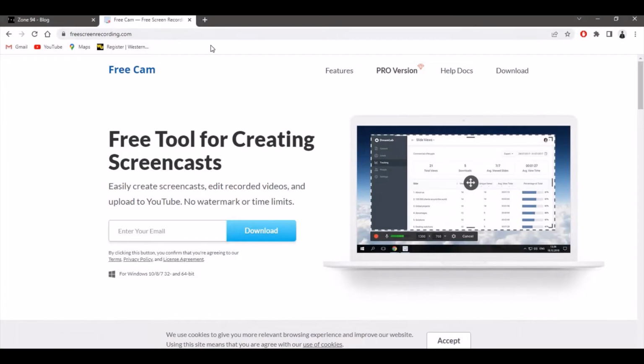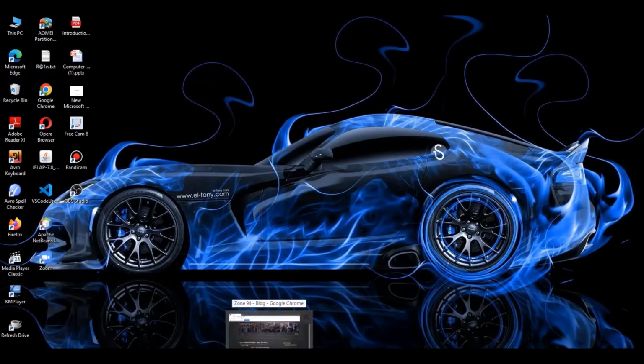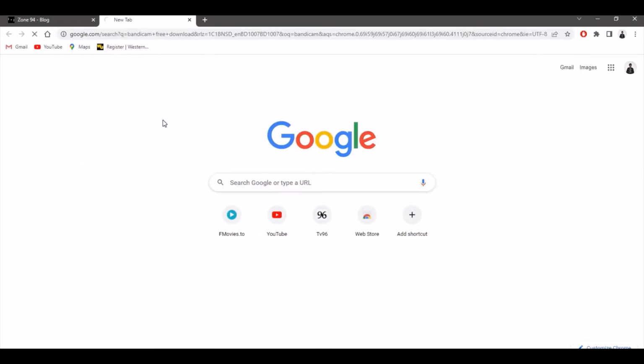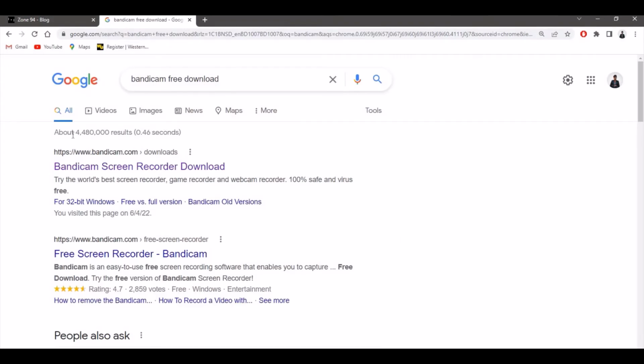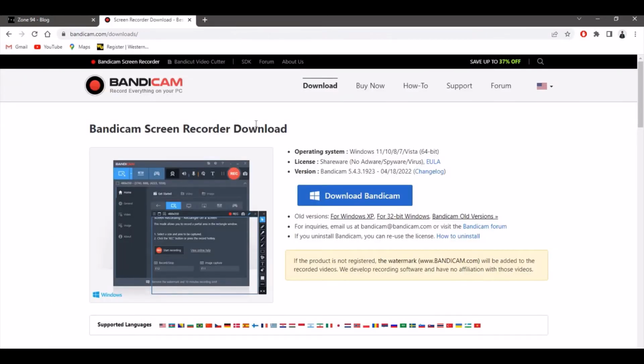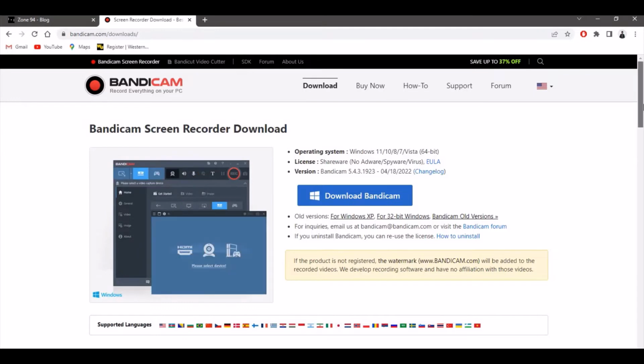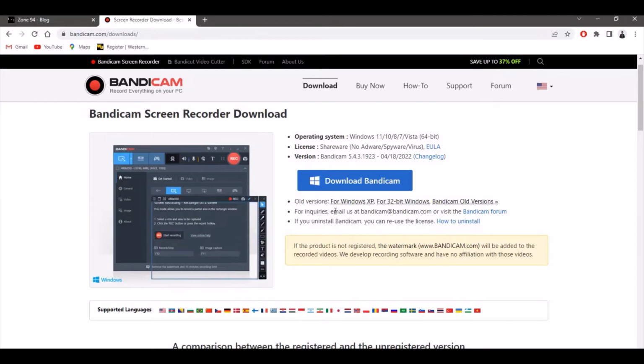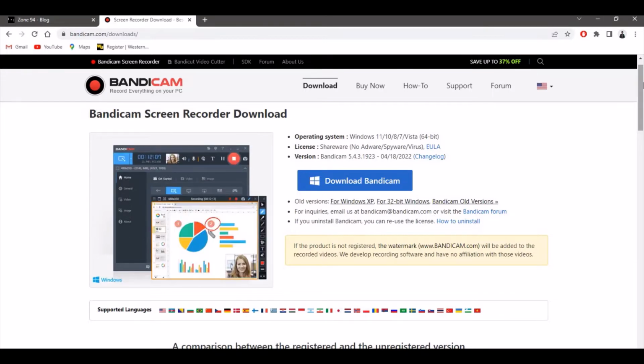The second one is Bandicam. Bandicam is very good software for recording video also. Then click Bandicam, then enter. After it's open, you are going to see Bandicam screen recorder download, then click. After it's open, you'll see the operating system. Okay, download Bandicam. You'll see all the tools, and then when you go down,